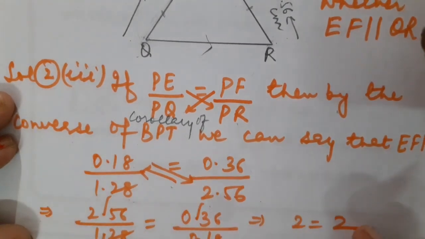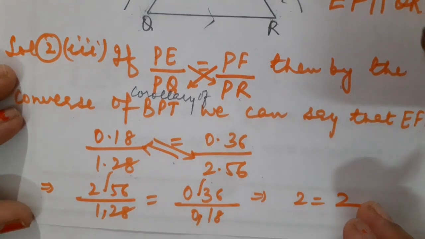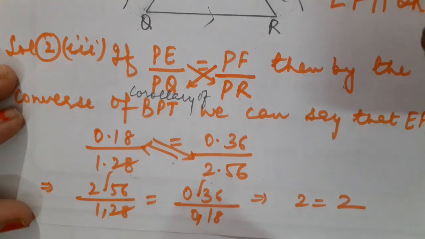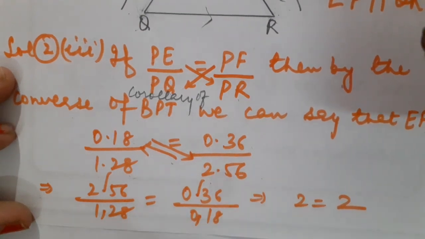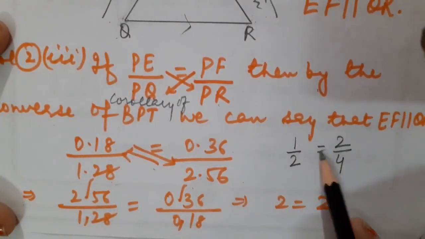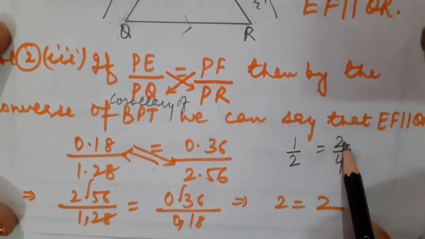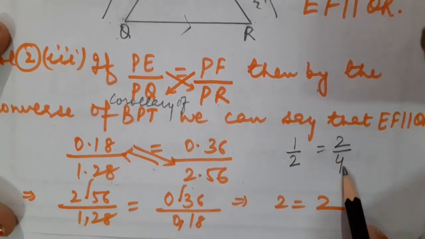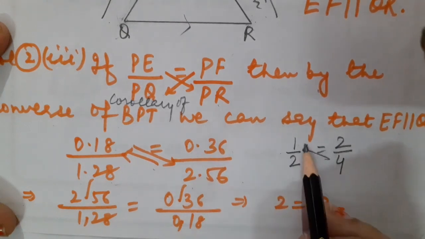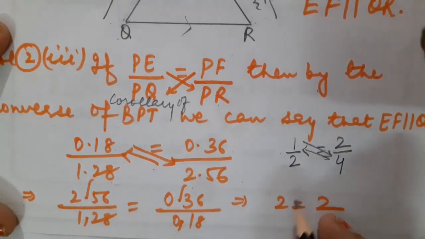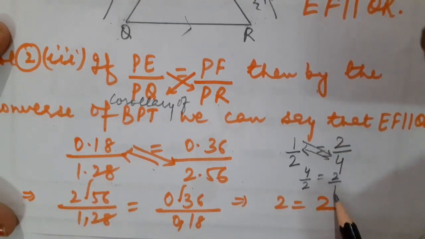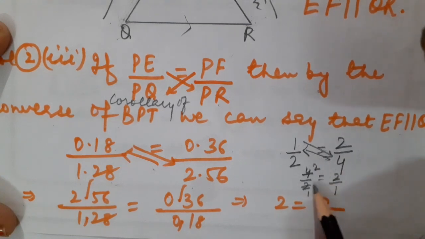Children, one more thing I want to tell you. Whenever you will be having equal ratios given, you can interchange the places also. Fine. In that case, you can interchange the places also. For example, have a look. This is 1 upon 2 is equal to 2 upon 4. Here I know if I am going to cancel 2 and 4, I will be getting 1 upon 2 again. But for example, if I want to switch this 4 here and want to bring this 1 on this side, that can also be done. Let us check. This is 4 upon 2 is equal to 2 upon 1. Now cancel. So I will be getting 2 is equal to 2.